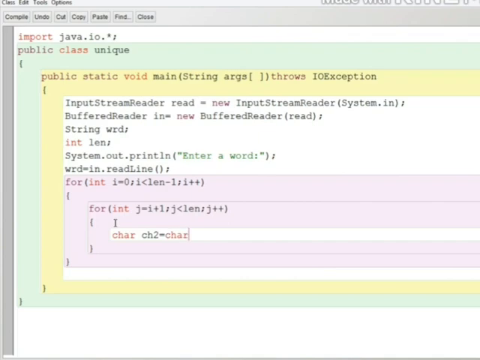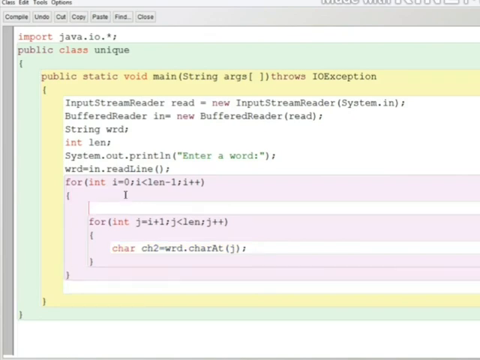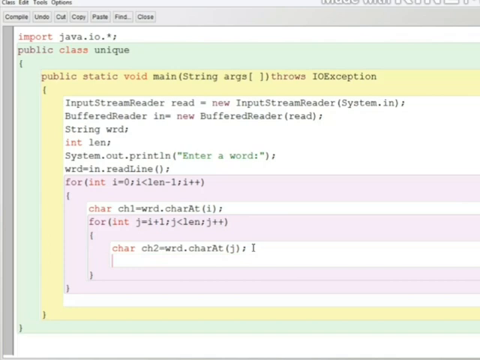Because after W, I just don't want to pick anything, because W has already been used with H and O. That's why I put len minus 1, because I don't want to compare W with any other letter. That's why I stopped there only. If I write len over there, then an error occurs because the last letter would be compared with the other letters, which is not possible. That's why the error occurred. That's why I had written len minus 1 over there.